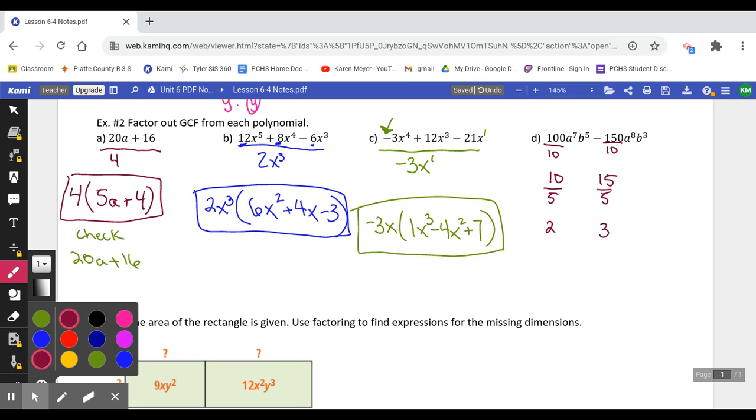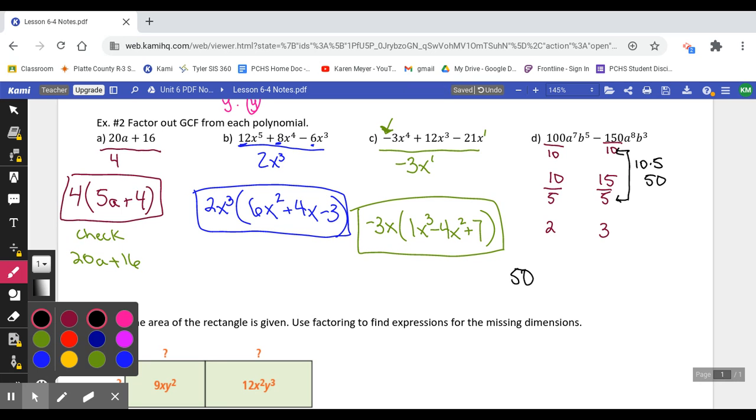I keep giving you the answer. And then nothing goes into 2 and 3. So if I divided by 10 and I also divided by 5, then I would say, oh, 10 times 5 is 50. So both numbers would have been divisible by 50. So 50 would go on the outside for my